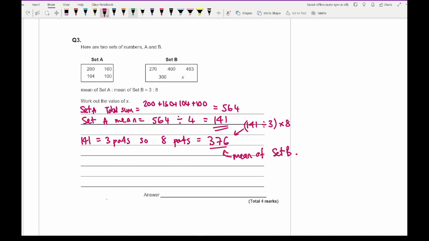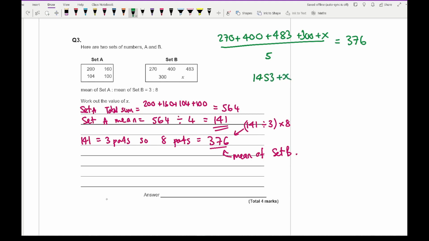Now, how do I work out the mean? Well, I add the numbers up, so it's 270 plus 400 plus 483 plus 300 plus x. I divide that by the total number of numbers, which is 5, and that should equal 376. So then if I do a bit of simplifying and rearranging and add all those numbers up, I get an answer of